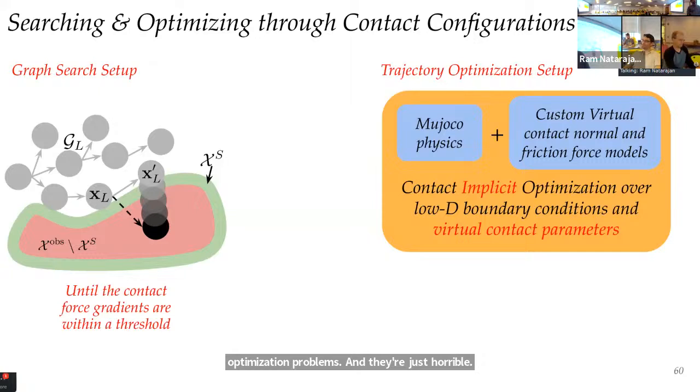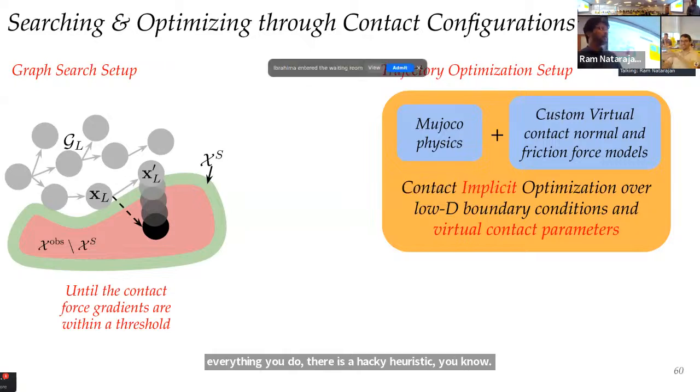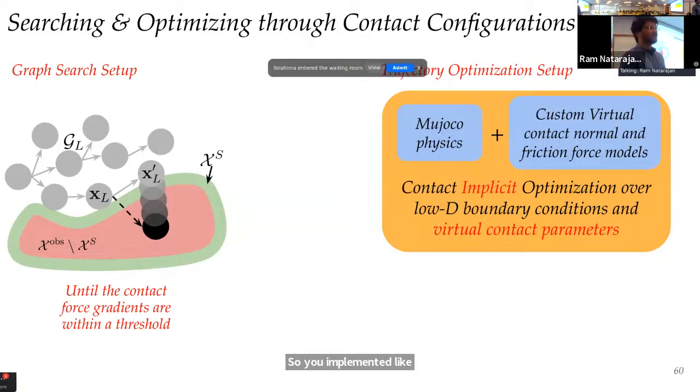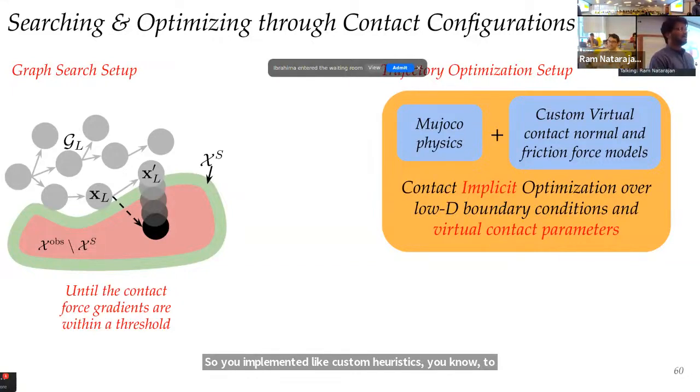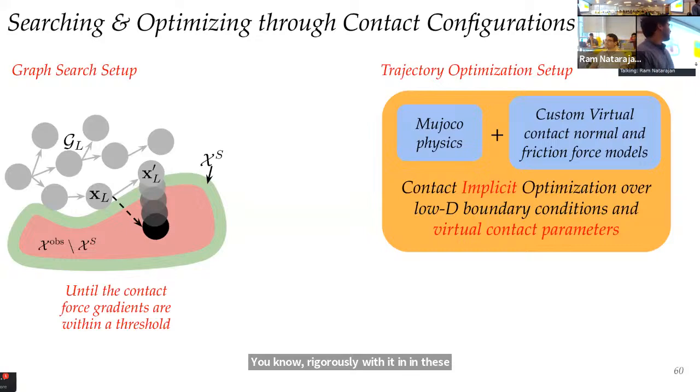And everything you do there is a hacky heuristic to try to, you know. So you implemented custom hacky heuristics to smooth that problem out instead of rigorously dealing with it in these graph search methods, right? That's true. I think coming from